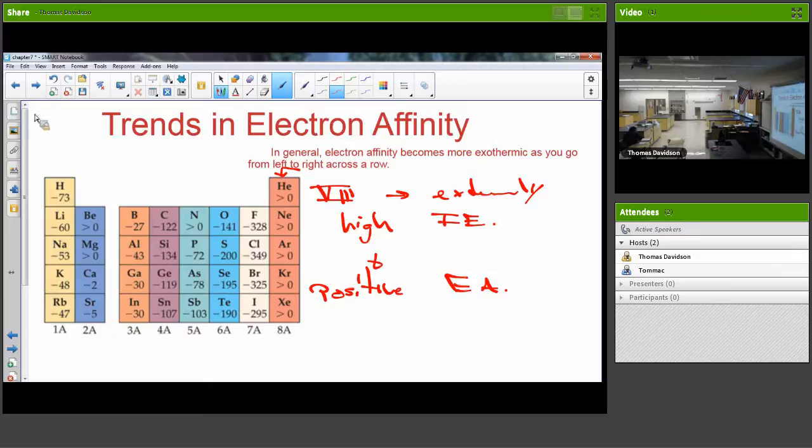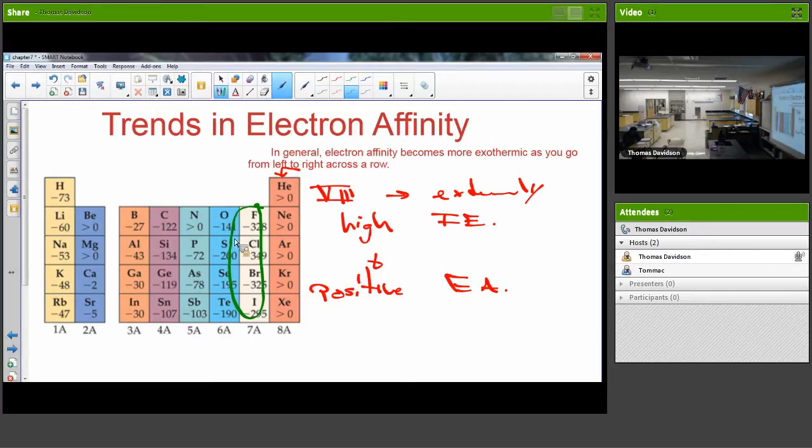Trends in electron affinity. In general, electron affinity becomes more exothermic as you go from left to right across a row. Electron affinity can be pretty tricky because we're dealing with a negative value, and that just blows minds once in a while. So like these have the highest electron affinity. You with me? Meaning they give off the most energy when an electron is added to them, which means they want the electron more. Okay? Don't let the negative sign